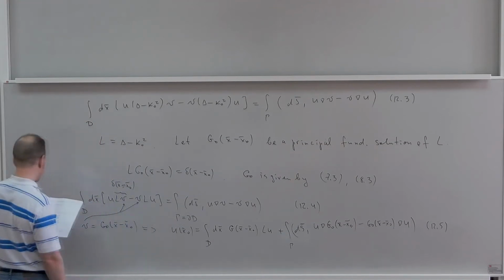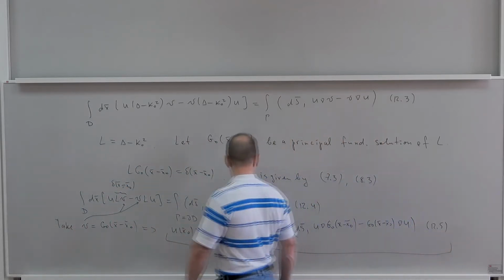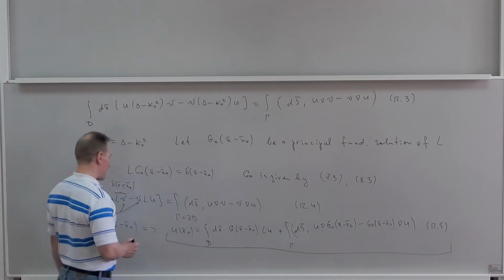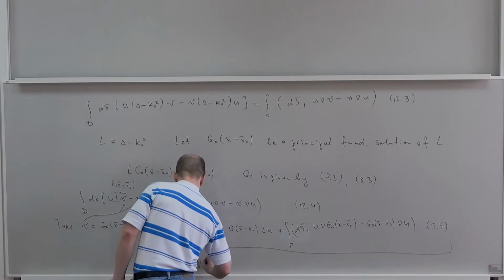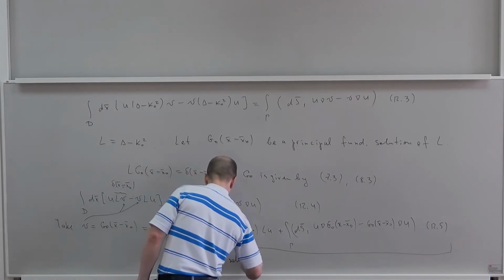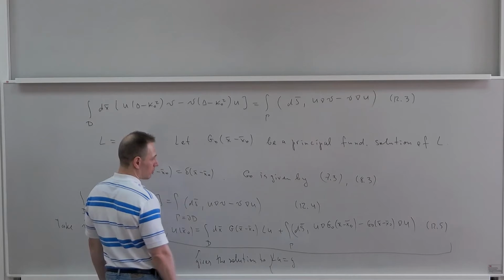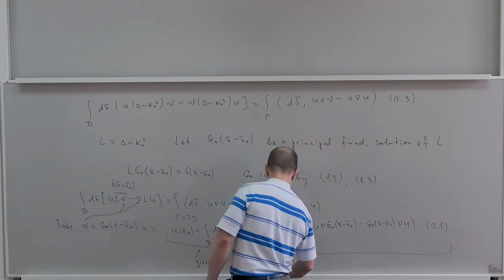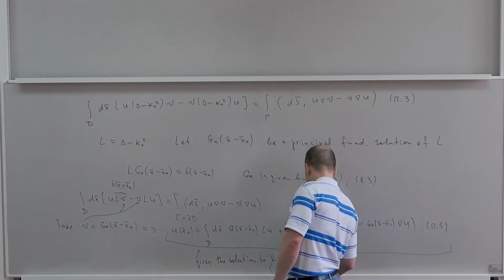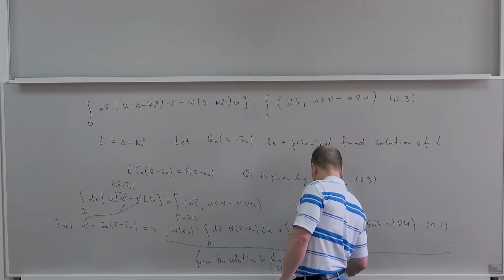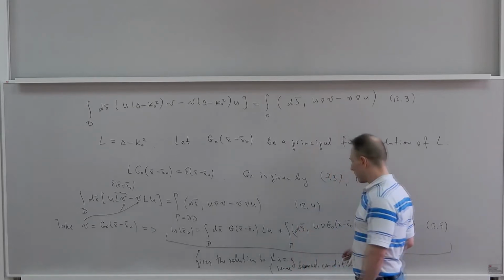And in fact, this formula represents an integral form of the solution of the following equation, L u equal to g, plus some boundary conditions. As we see from this formula,